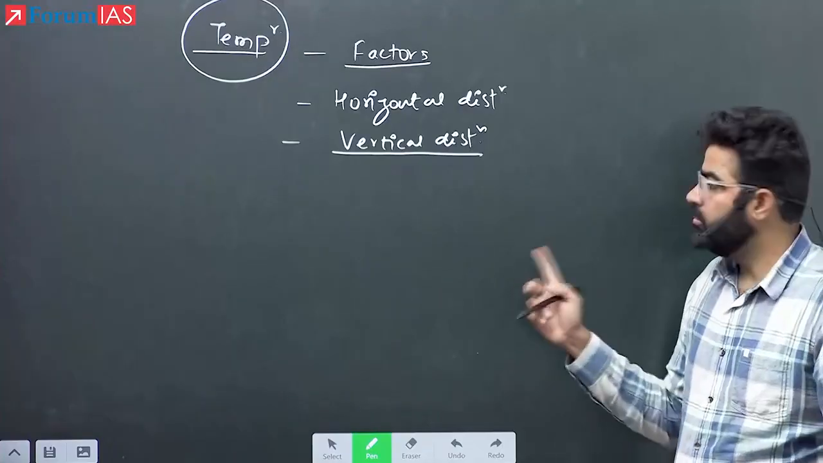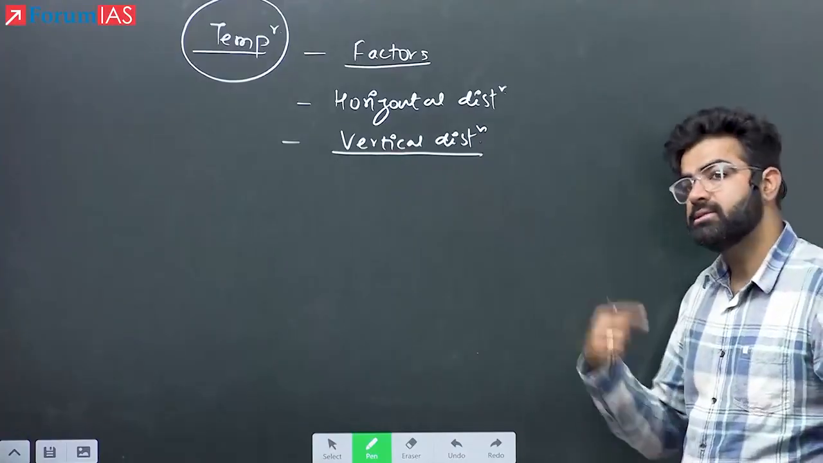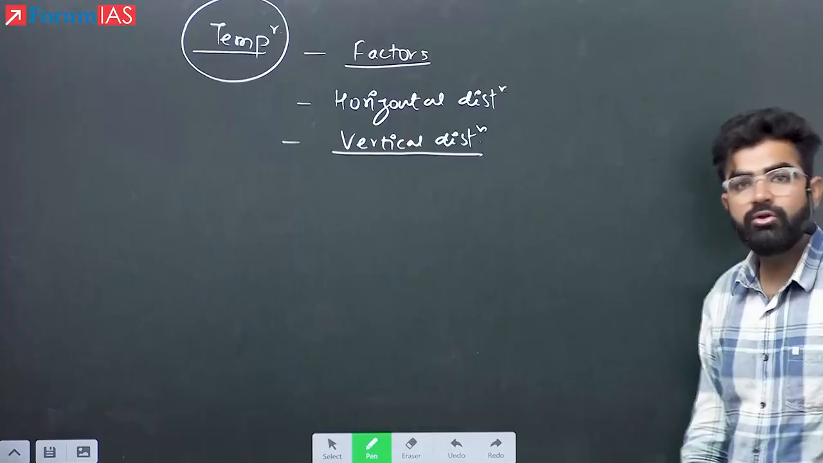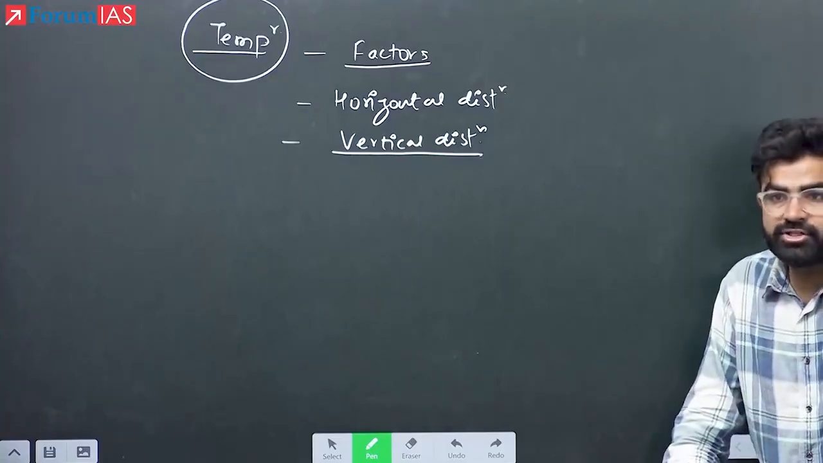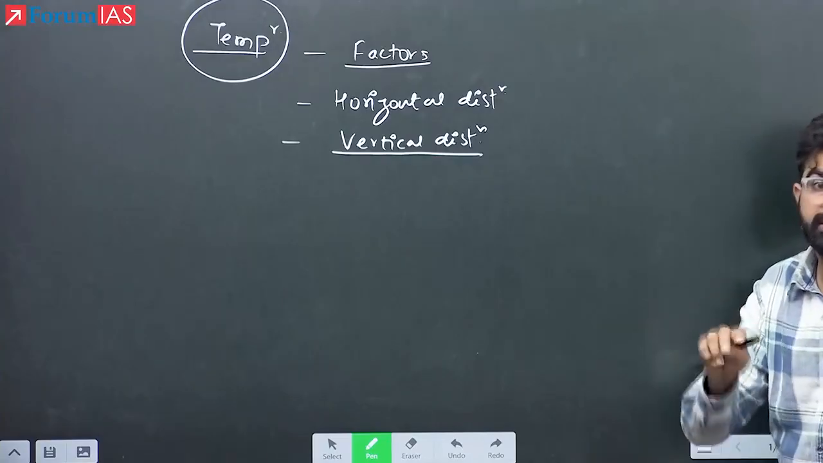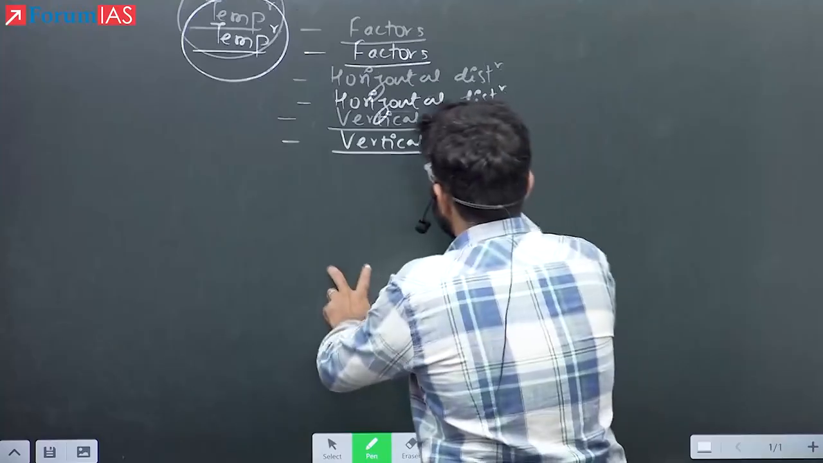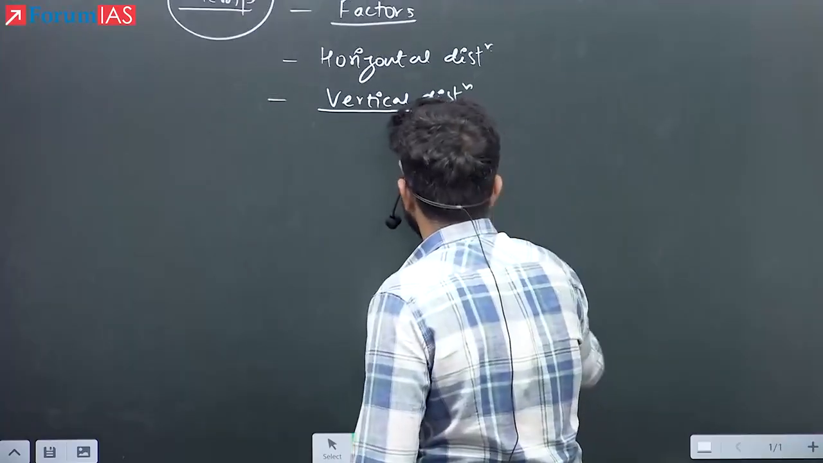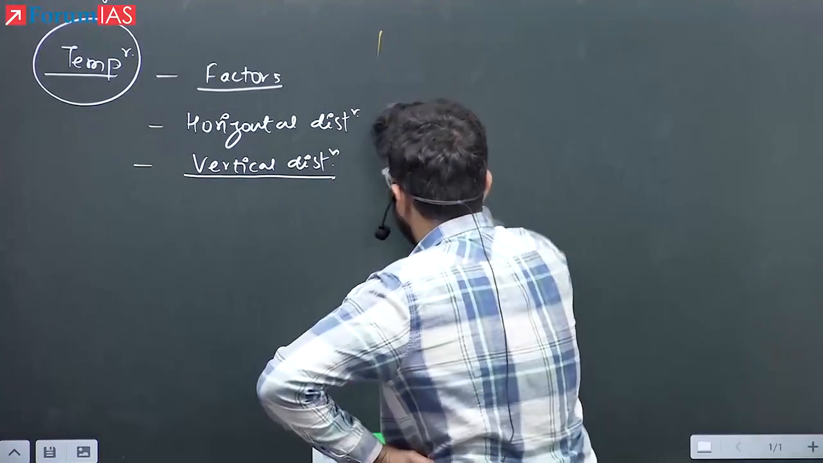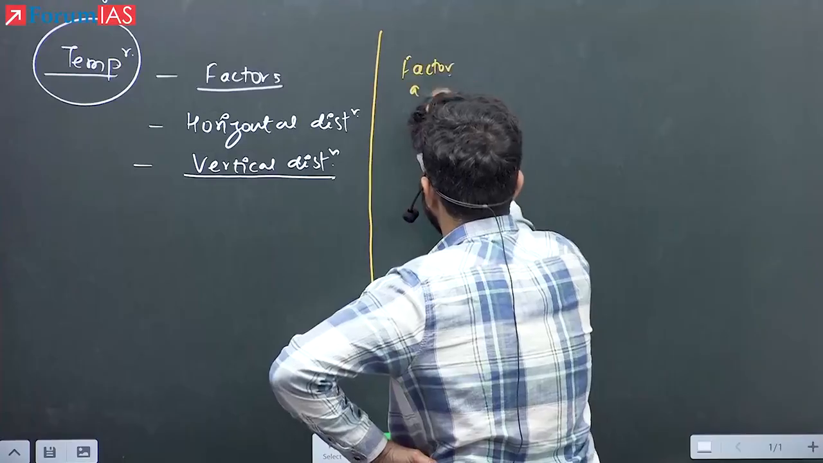So please remember, out of these two classes, today's and the second that I'll take next day, you will have at least 2 to 3 questions in the prelims, and most probably one question in the mains. Now the first one is factors affecting the distribution of temperature. The first dimension, factors affecting,